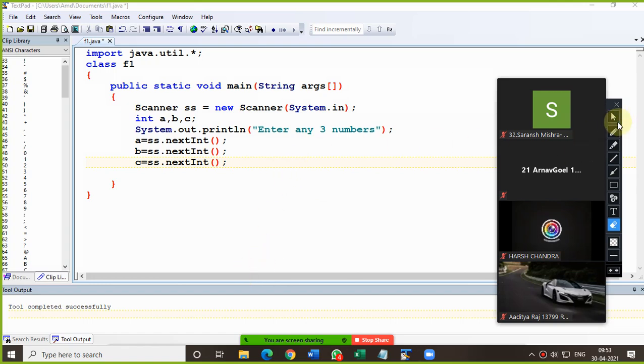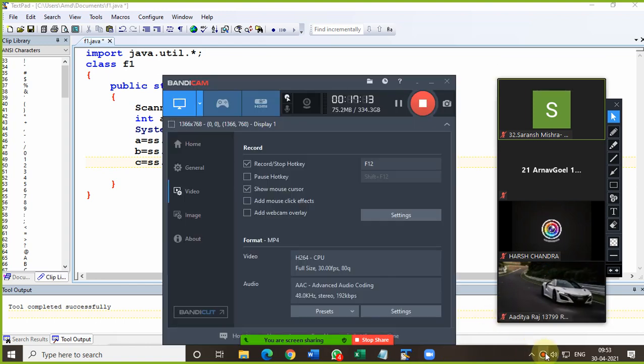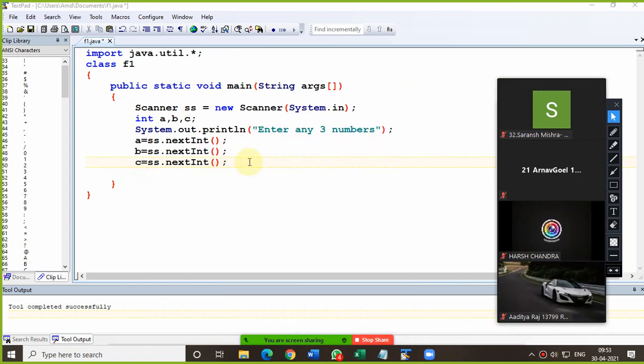So now after that everybody please pay attention. Are you getting my screen or not, all of you? Yes, sir. So now please pay attention. After that we are supposed to check conditions. Now see, for that we are supposed to use which structure? The second structure of if else, means if else if, because here we are having multiple conditions. So whenever you are trying to check 2 conditions or more than 2 conditions at once, like here, if A is greater than B and at the same time B is greater than C, then what will be the sequence?